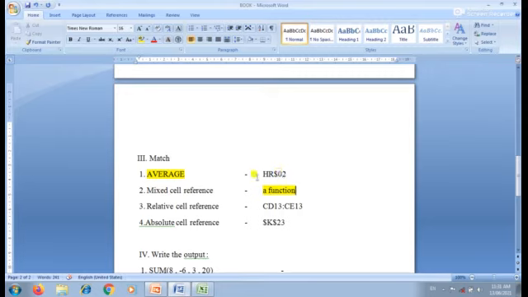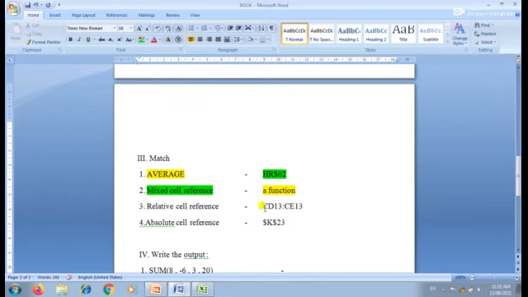Here we are using the dollar in the row, not in the column. So this is the mixed cell reference: HR $02.